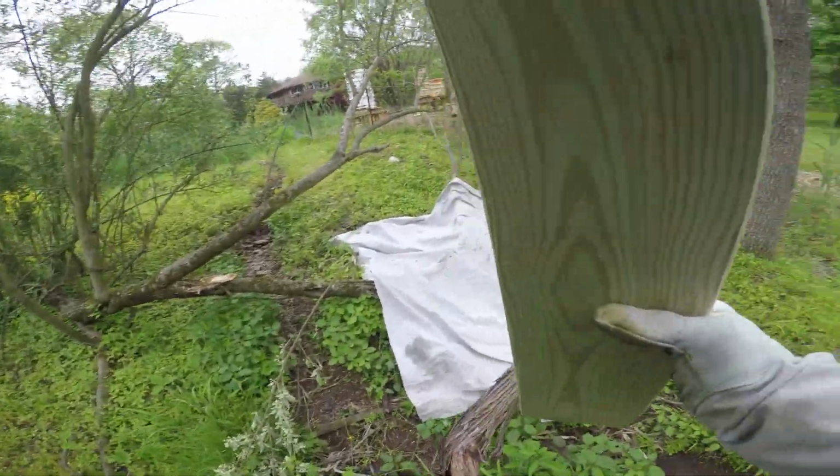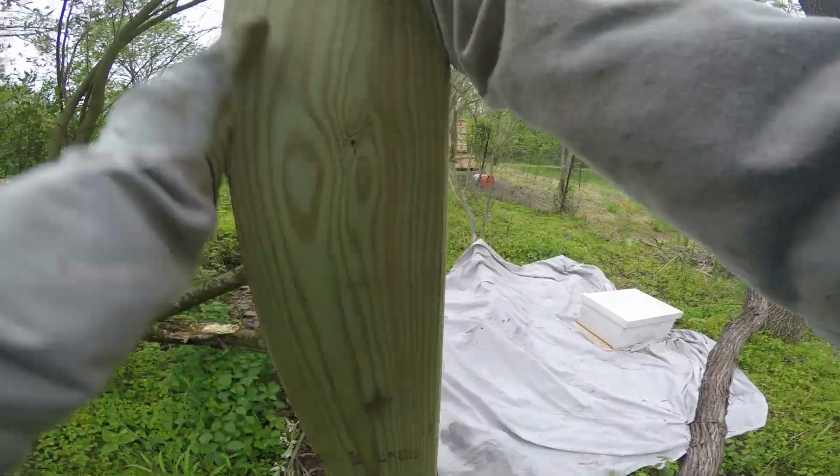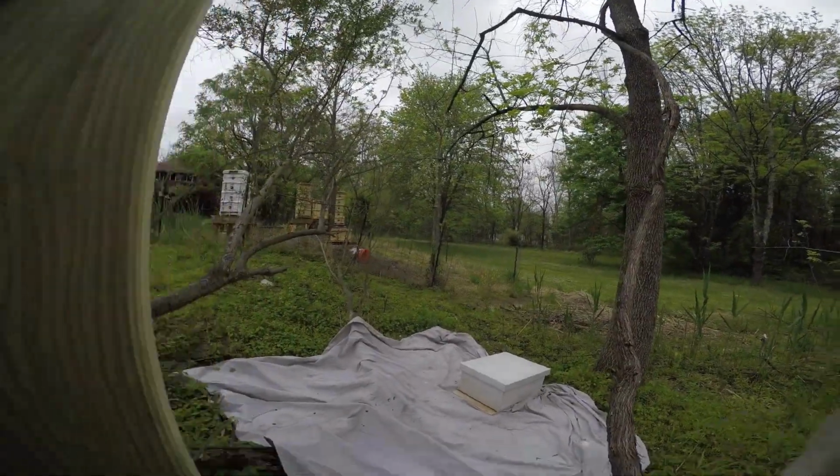With some frames inside the hive, I would get this board and hit it really hard on that branch, not at the bees, but a little bit away from them, and they would all fall down right onto the blanket. And then, if you're lucky, you'd find the queen in that ball,